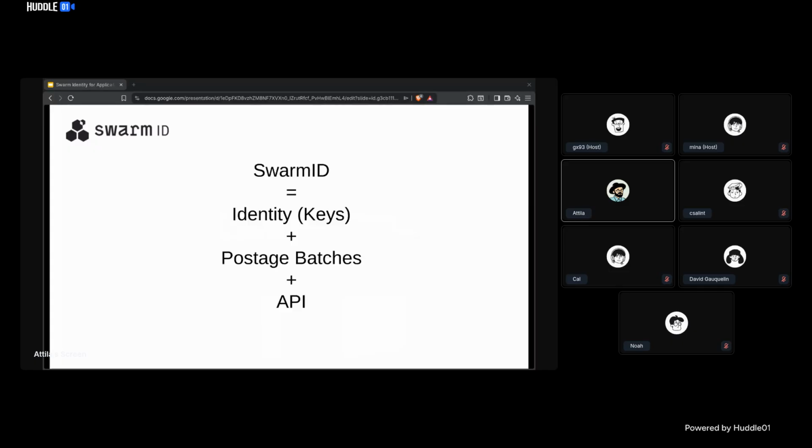So enter Swarm ID, our project. We are basically trying to solve identity management, but once we started working on this, we also realized that there are other aspects that are also difficult to solve. So, for example, on Swarm, if you want to store data, you need to provide a proof that you have paid for the storage, and these proofs are called postage batches or postage stamps. And these were another friction point for developers when working with